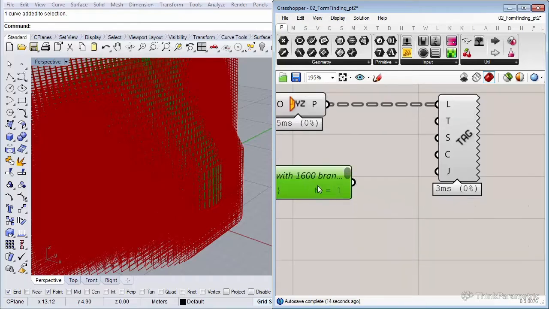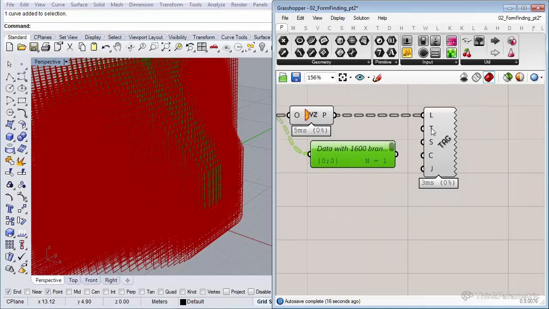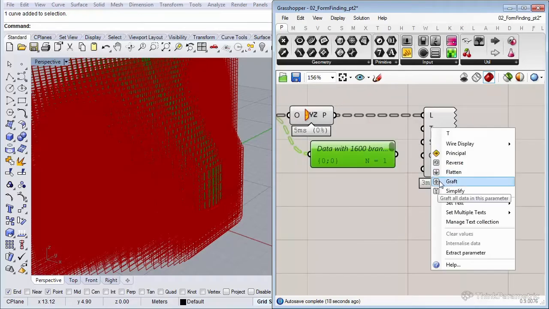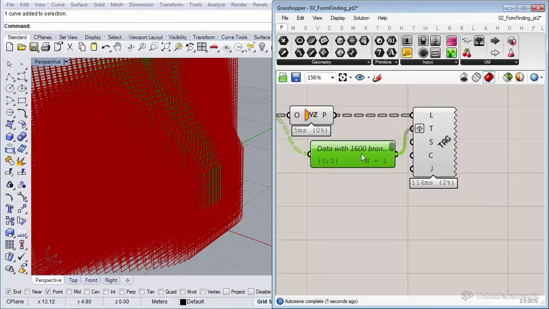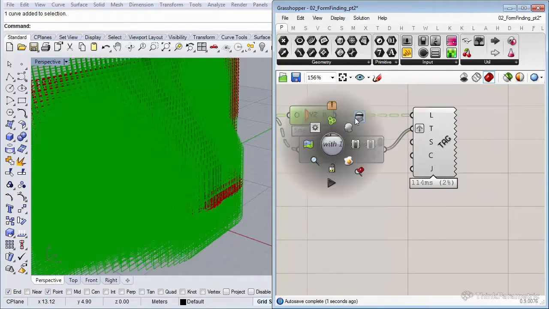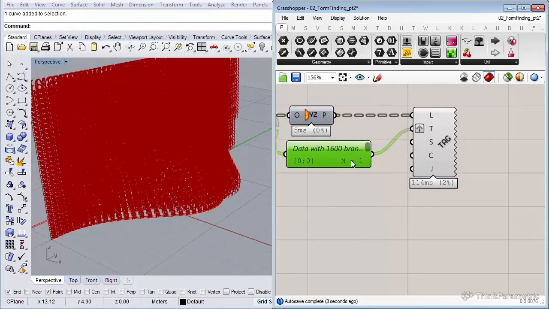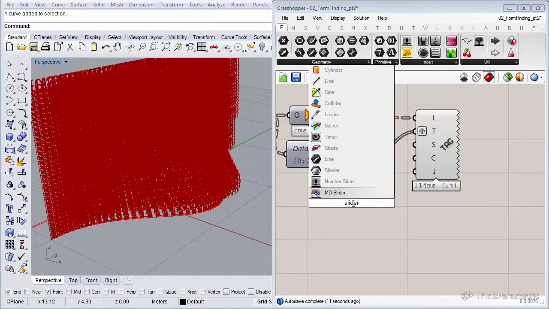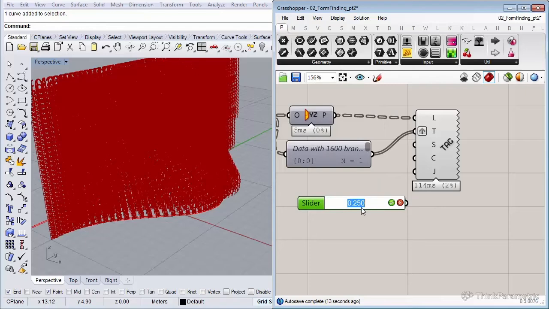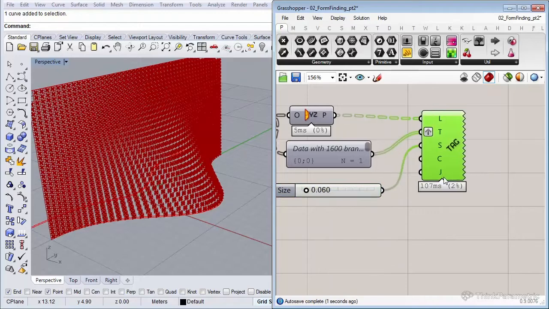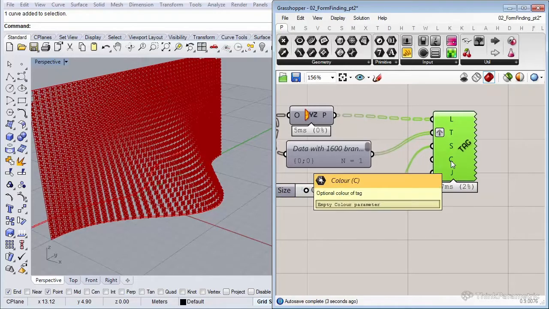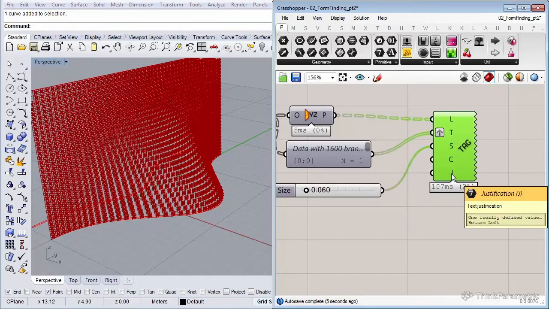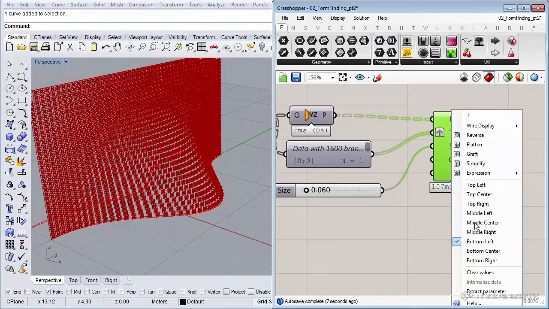So the only thing is we need to graft the T input because it's a flattened outcome. Nice. So let's also set the text size a little bit smaller to 0.06, more or less. The color is fine, and the justification, let's set it to middle center.